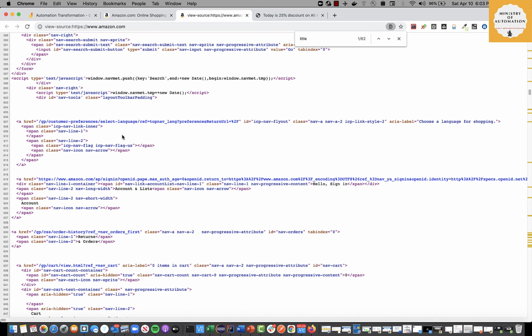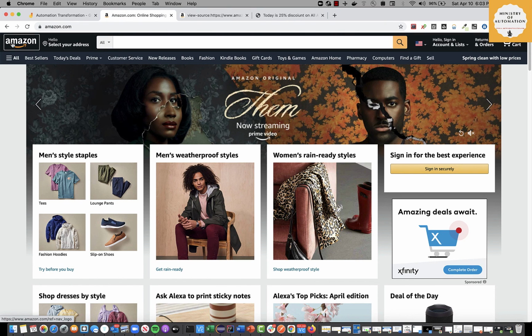But yes, the basic thing you need to know before you start learning automation is how the HTML is being constructed. What is the structure of it? How is that data getting displayed? Because ultimately, as an automation engineer, your duty is to perform actions on this page. When I say perform actions, it means you need to click on it, type something, take a screenshot, drag and drop. There are so many things you're going to do. And when you are learning to automate a web page, it is very important to know the structure of that web page, because only then will you be able to write the right automation.